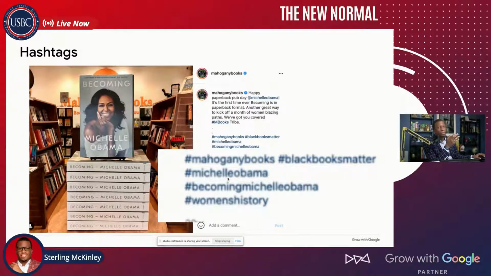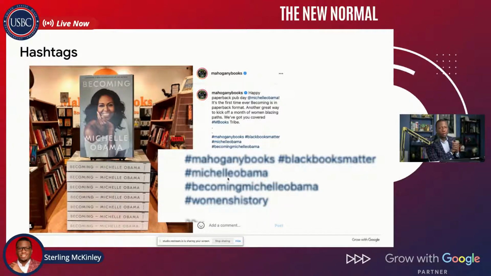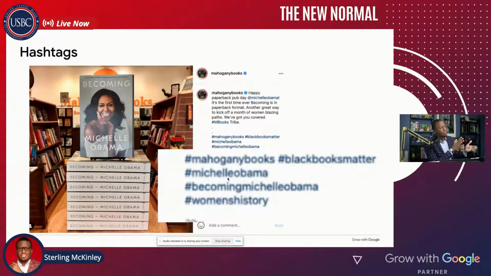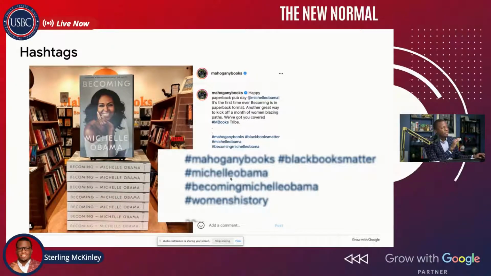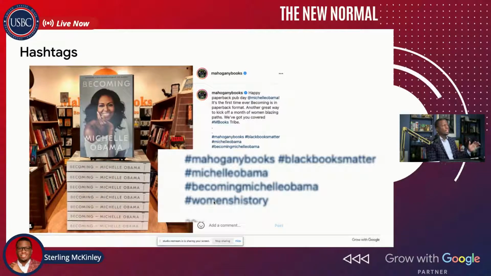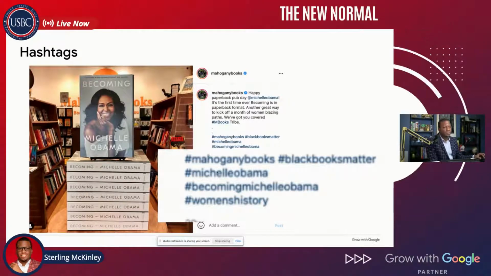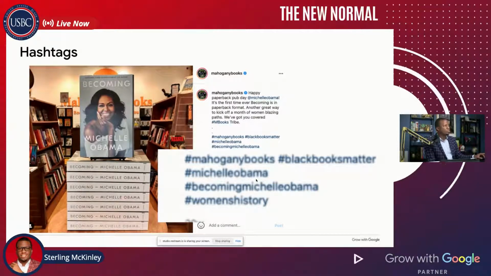Also, they have hashtag Michelle Obama. Once again, no brainer. The book's about Michelle Obama. Having her in it is good. They also put the title of the book, Becoming Michelle Obama. And the last one was Women History. So, once again, you see this too. They don't have a ton of hashtags. They have 1, 2, 3, 4, 5